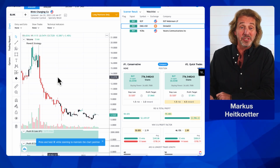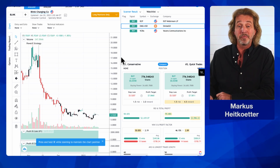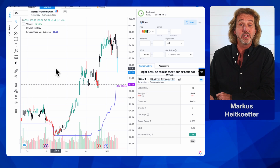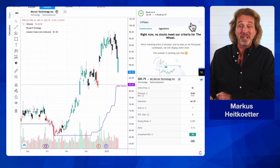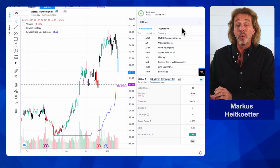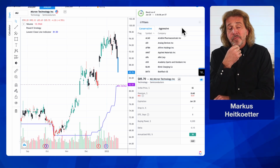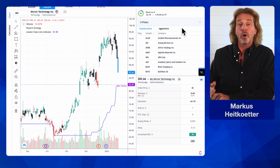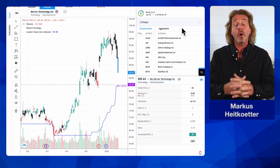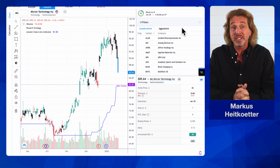And yes, this is not only for PowerX where you find the best stocks and options according to the PowerX strategy. This is also happening here according to the wheel. Let's actually reset all of the filters and now show you a few cool new enhancements. When you're looking for wheel strategy stocks, this is where we had a minimum filter of 30% annualized. And what does this mean? It basically means that we want to trade options, both calls and puts, where we get at least 30% on